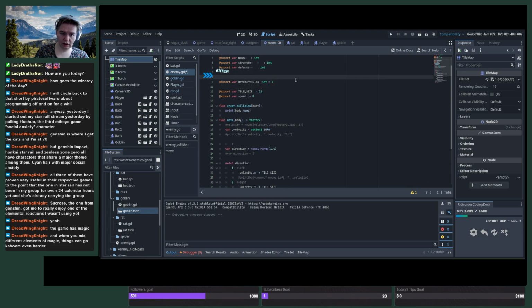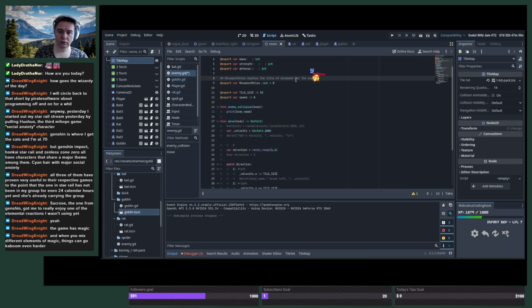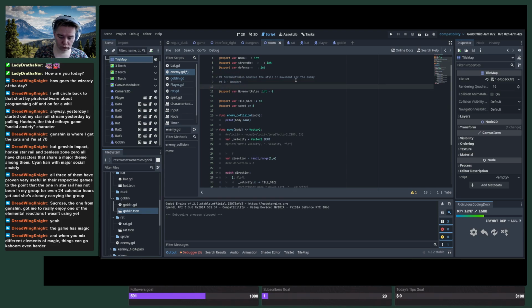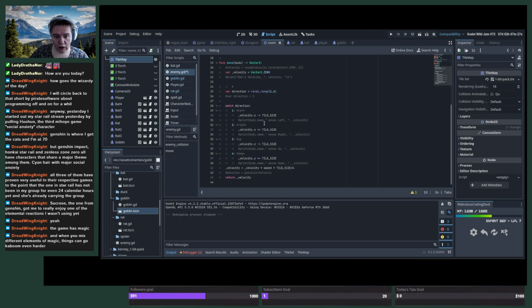And so we'll say movement rules handles the style of movement for the enemy. 0 wanders. 1 stationary until sees player. And